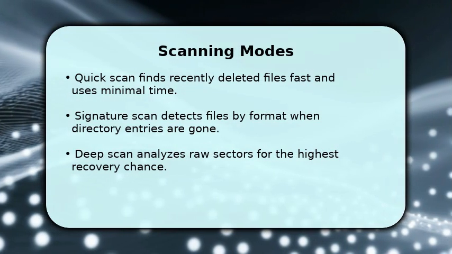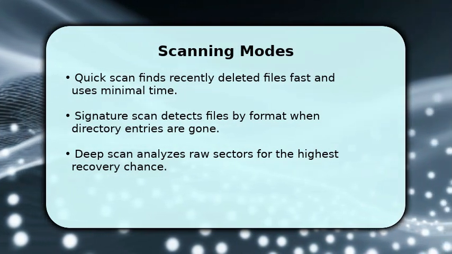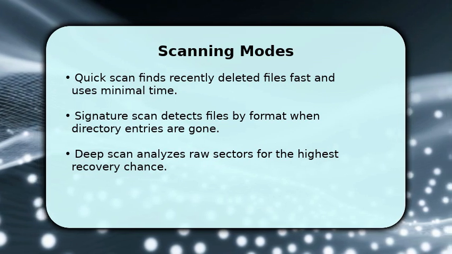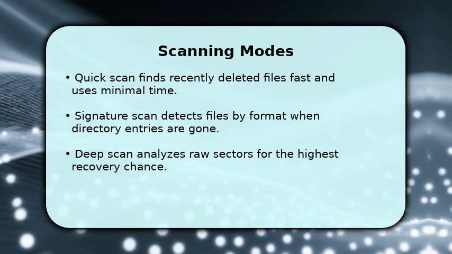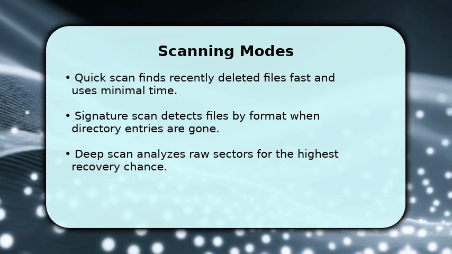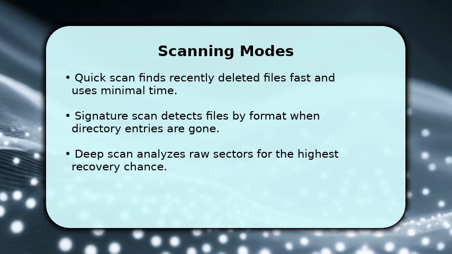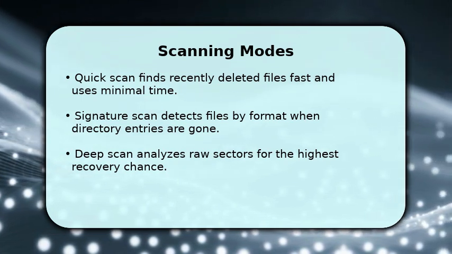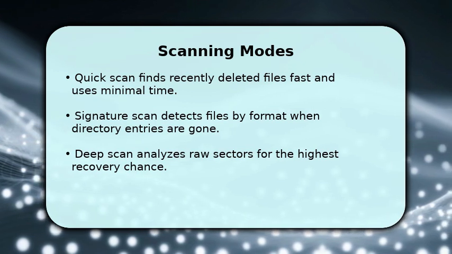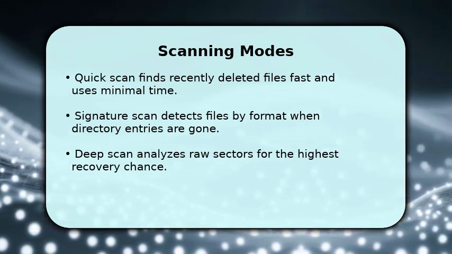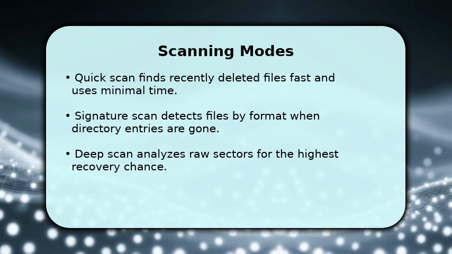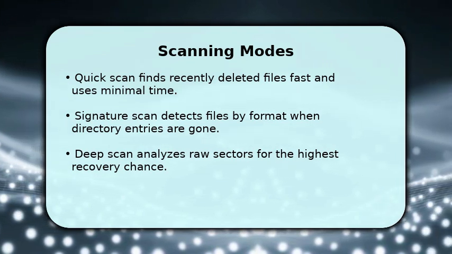File Scavenger offers several scan modes to balance speed and thoroughness based on your situation. Use Quick Scan for recent deletions and when you need results fast, Signature Scan when directory data is missing, and Deep Scan for severe corruption or formatted volumes. Start with faster modes and escalate as needed, saving intermediate results so you can resume later without repeating lengthy scans